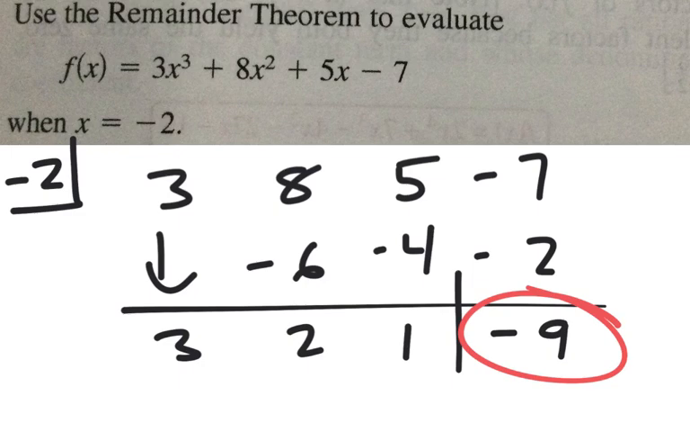So this will be 3 times negative 2 cubed plus 8 times negative 2 squared plus 5 times negative 2 minus 7. So that would be negative 8. This would be 4. This would be negative 10 minus 7. So this is negative 24 plus 32 minus 17. So when I combine that, that's 8 minus 17, which is negative 9. So again, the whole point of the remainder theorem is just a shortcut. It's another tool you can use to evaluate a polynomial